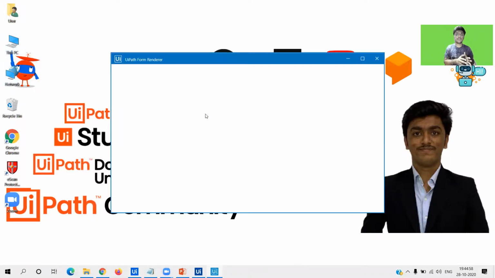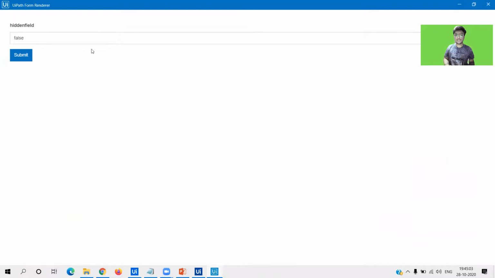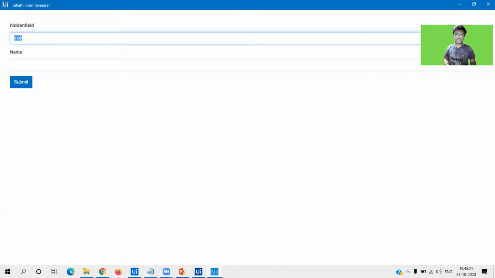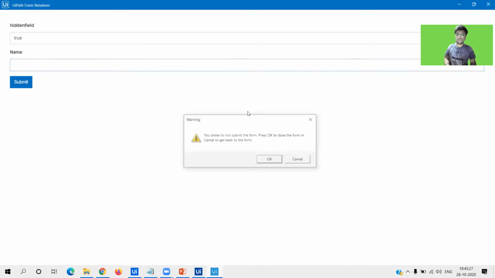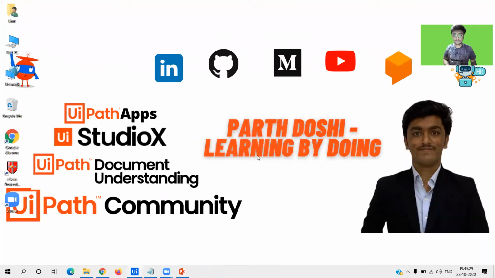We have already got the desired output, but here we are trying to understand the backend behind it. Now this field is hidden, as we know, we haven't kept it visible in the form when we tried it first. Now we have kept it visible to see how the value is getting changed. So now I'm clicking on submit and this false will change to true. You see the value became true, and since this value is in this particular hidden field, I am seeing my name field. So this is how you can display some fields based on a click of a button in UiPath Forms. And you see this was very easy. We were able to do it in just one simple step, I think.